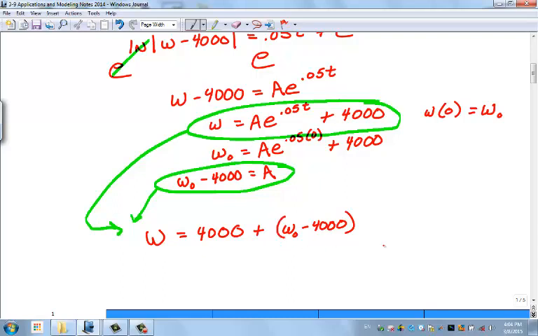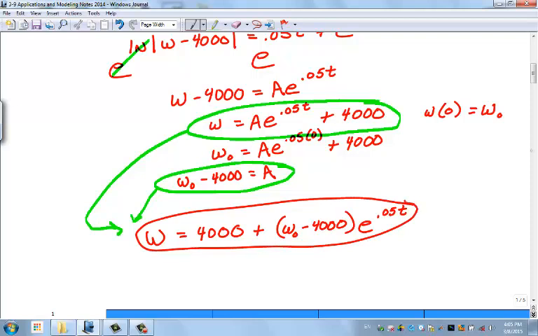Make sure you put parentheses around that because that represents a, and a is multiplied by e to the 0.05 t. So that's our answer, or our solution to the equation. So now all we have to do is